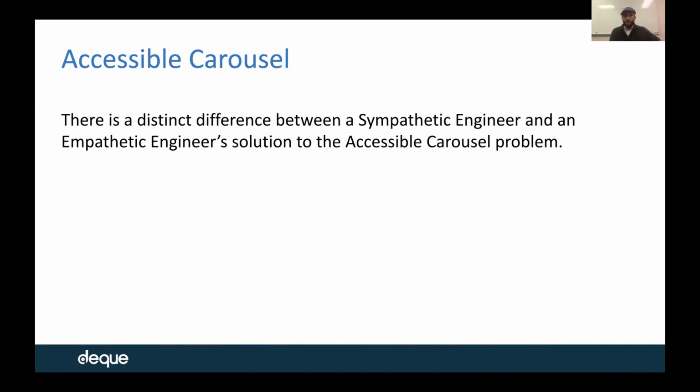Each of those 3 times, a sympathetic engineer with great intentions was approaching this problem in a way that was going to cost their business a lot of money unnecessarily. And we're seriously talking about taking 1 month of effort down to 2 days of effort. It's that dramatic of a difference, because some of these things are really difficult to get correct. Within the iOS and the Android accessibility APIs are these kind of obscure ways of handling things, and it just so happens that the carousel control, think UICollectionView in iOS, think pager views in Android,